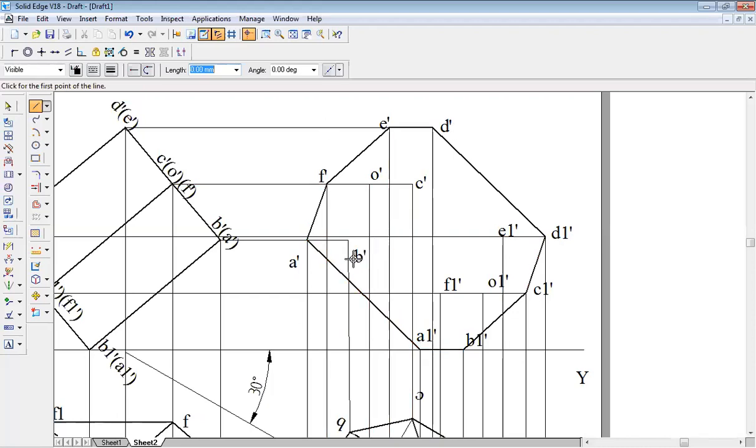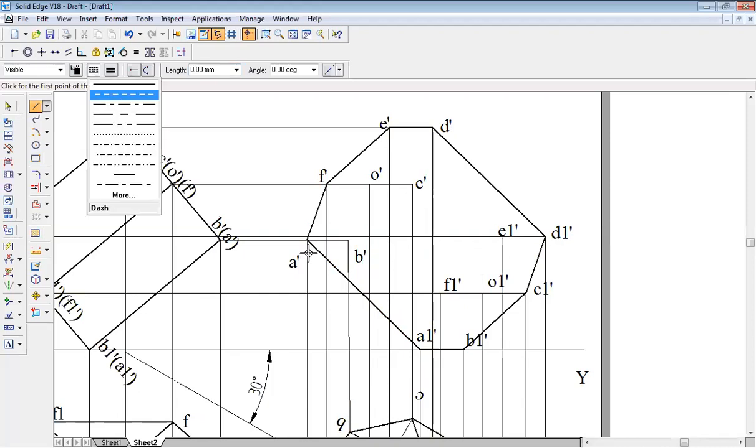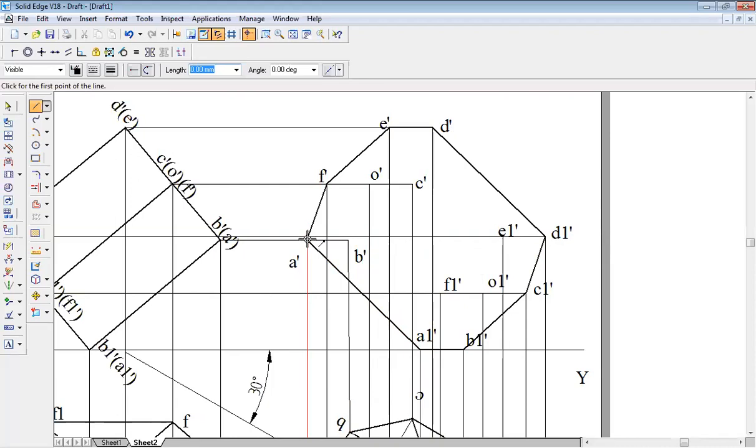Whichever points you have not yet touched, here BC, that is the top face, and over here F1 A1 at the bottom. BC, if you see, B point is over here itself, C point is also over here itself. So BC is very close to the XY line. If it is close to the XY line, then it has to be a dotted line. So go to dotted line style. A1 to B1, it should be dotted.